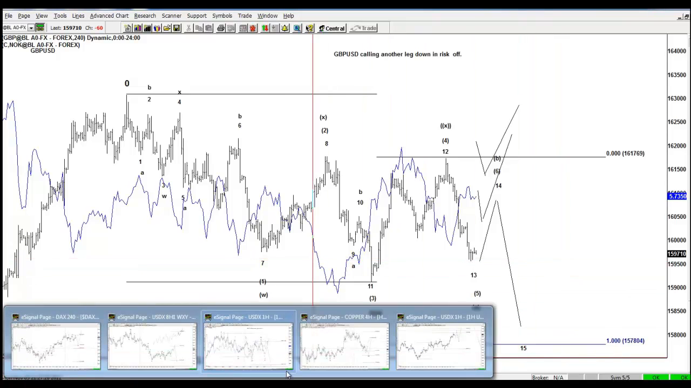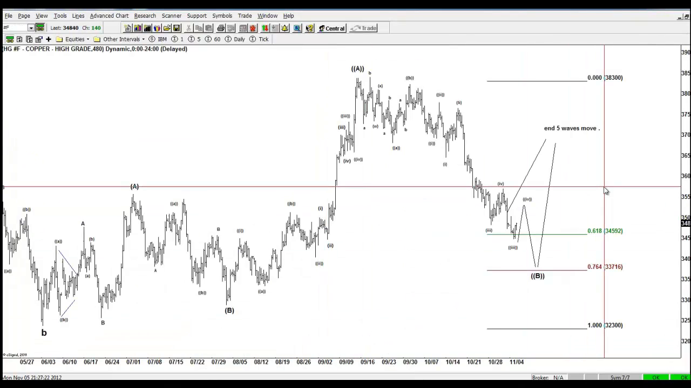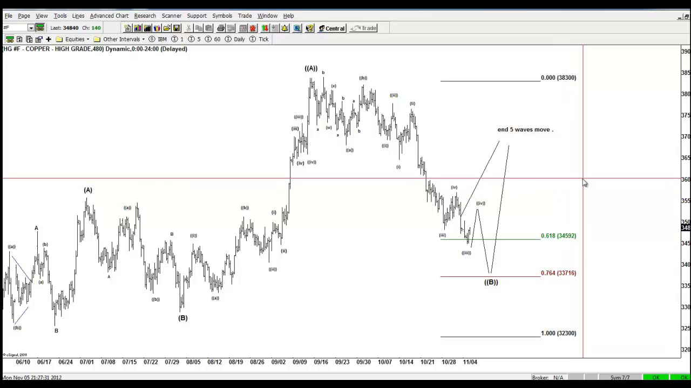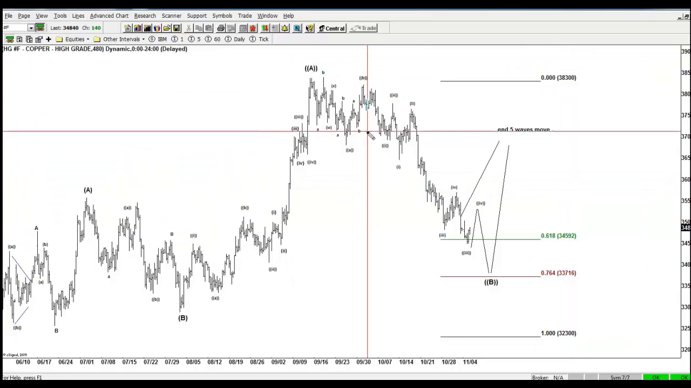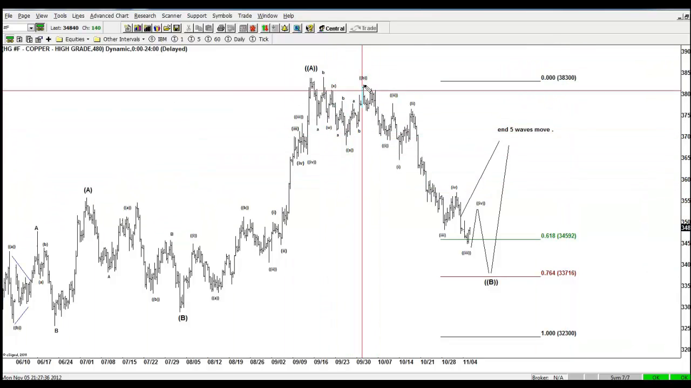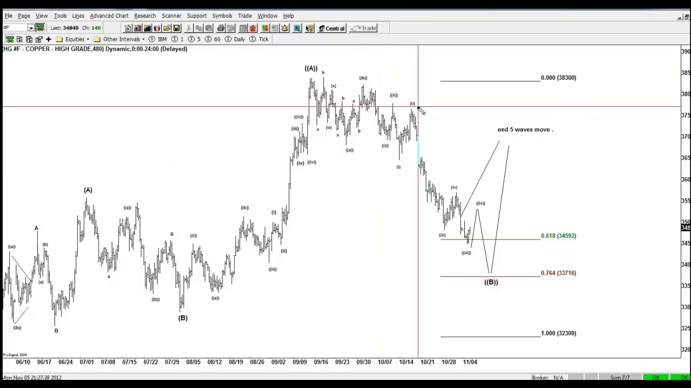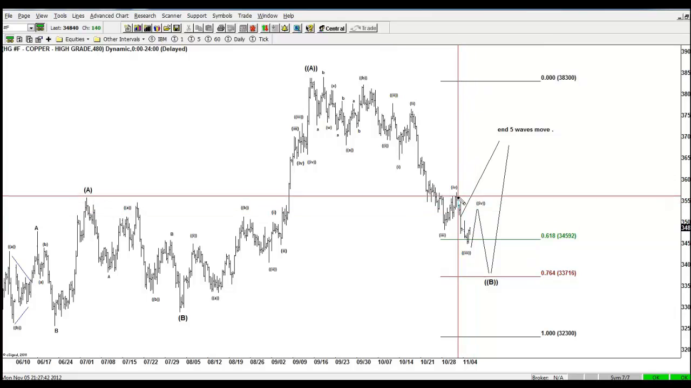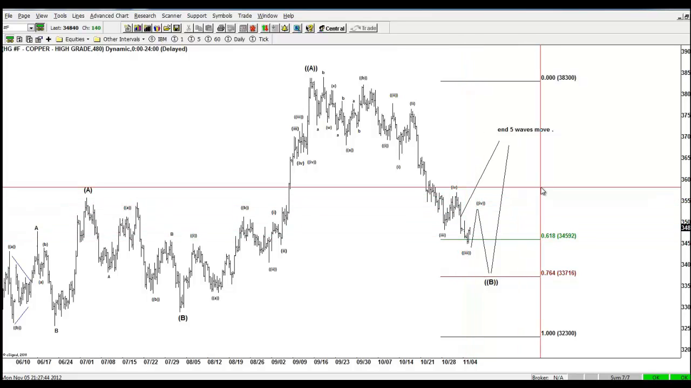Now, I want to talk also about another important thing that came out tonight. It is about copper. Copper, as you guys see, is doing a flat: A, B, and then 1, 2, 3, 4, 5. This is a clear-cut 5-wave move. And I mention copper because we know the result. I mean, the copper trade is getting